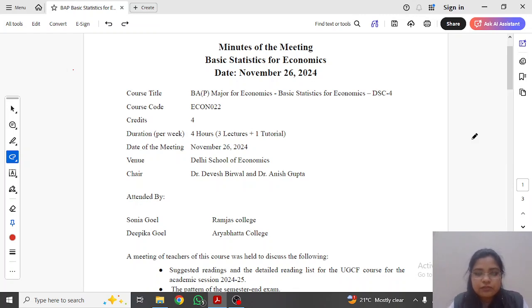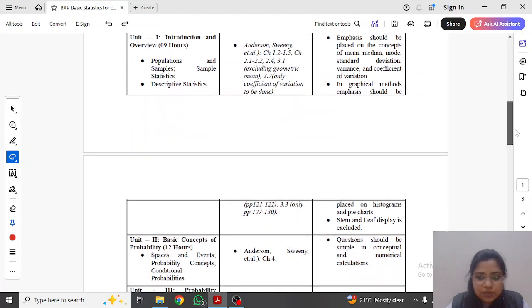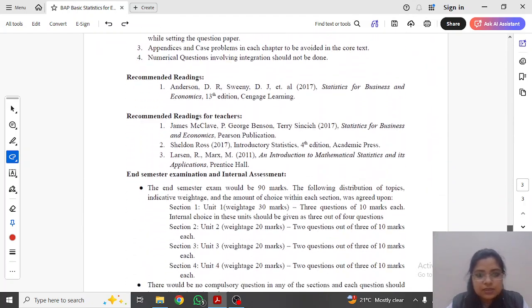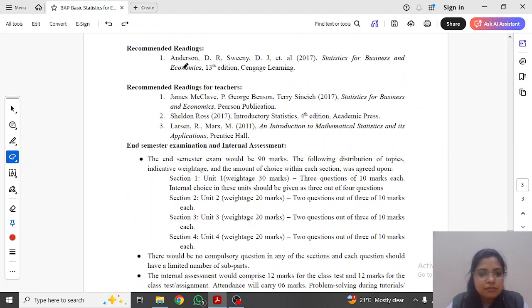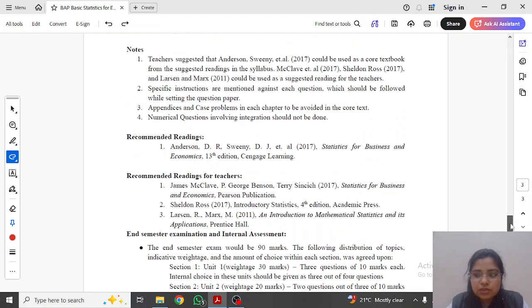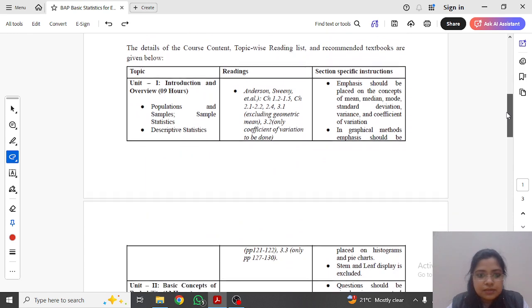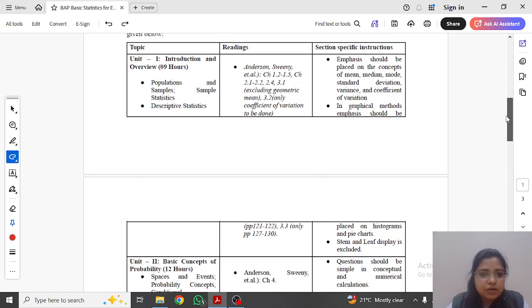All right. So first of all, let's see the primary textbook that you are going to refer to for this paper, and it is Statistics for Business and Economics by Anderson and Sweeney. You are going to refer to this book for different units. We have 4 units in total, and this document has the subparts mentioned along with the units, right? So first unit,